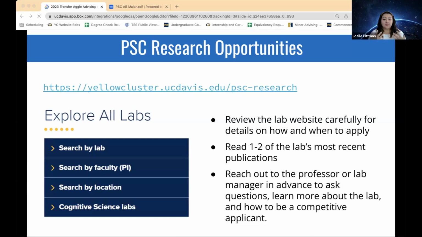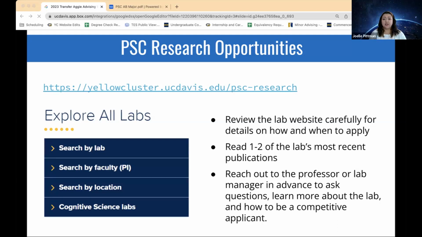So it's really good to make sure that you enjoy the work that the lab is doing. So you want to review the lab website carefully first, to know how to apply and what they're looking for and when to apply, and to also read 1 to 2 of the lab's most recent publications. So getting familiar with their work is going to be beneficial to you, but also makes you a stronger candidate